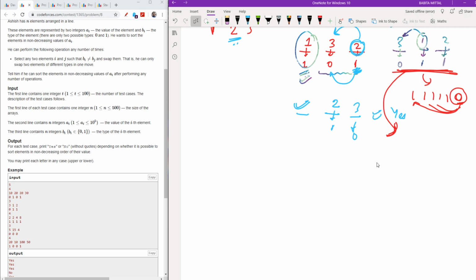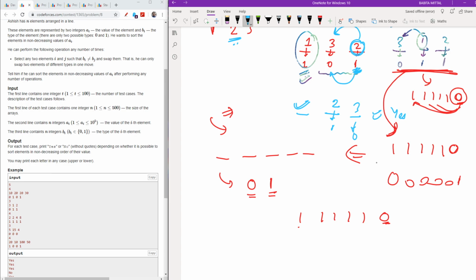Now you will say, "Aryan, why one 0?" Because see, if you have something like this, and a 0, then with the help of the 0 here, you can place this 0 at any position, and you can bring any 1 to another position. With the help of the 0 here, you can place it here, and it will become like this. Now, with the help of the 0 placed here, you can place it here, and it will become something like this. Because you need to swap two elements, one should be 1 and the other 0, so you need at least one 0 and at least one 1 to make this happen.